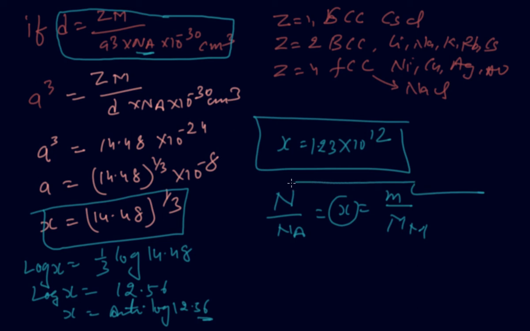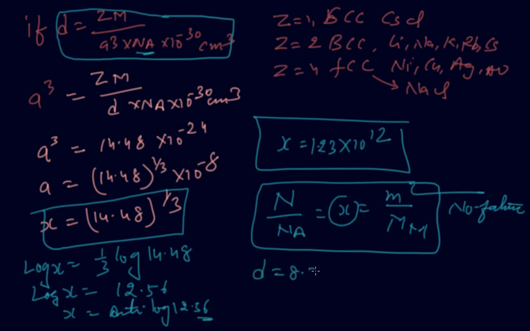If he asks you to find the number of atoms, and in many questions the density will be given, suppose 8.37735 gram per centimeter cube, and he asks what kind of cell,